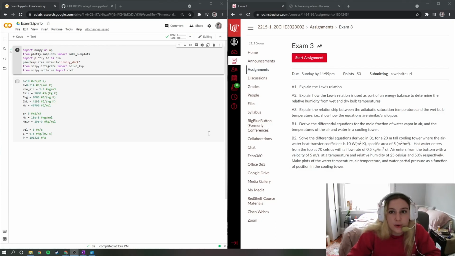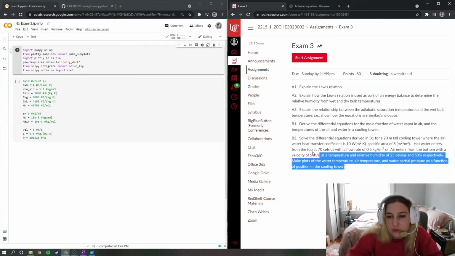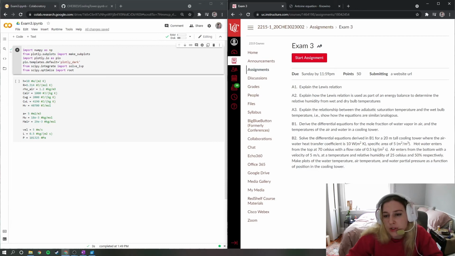Alright, so next I'm going to be doing the coding part. So this is B2 for the exam. We're going to solve the differential equations that we just derived in the last part for a 20-meter tall cooling tower where the air-water heat transfer coefficient is 10 watts per meter squared Kelvin, specific area of 5 meters squared per meter cubed, and the hot water enters from the top at 70 degrees Celsius with a flow rate